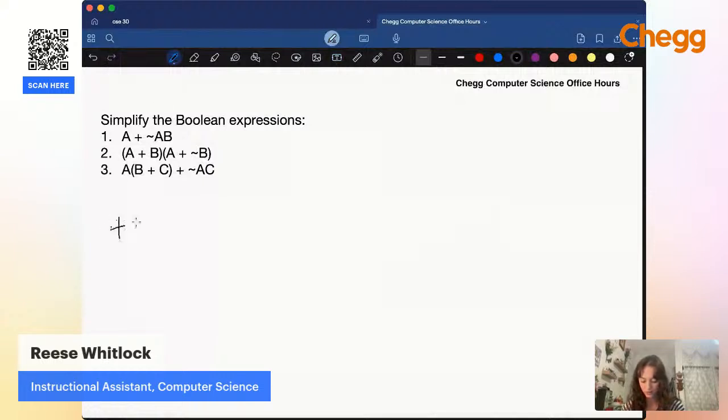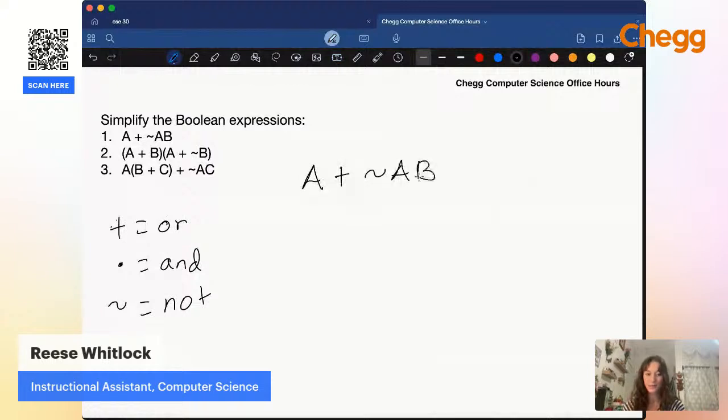So plus is an or. Multiply is and, and this means not, just as a quick refresher. So if we start out with A or not A and B,